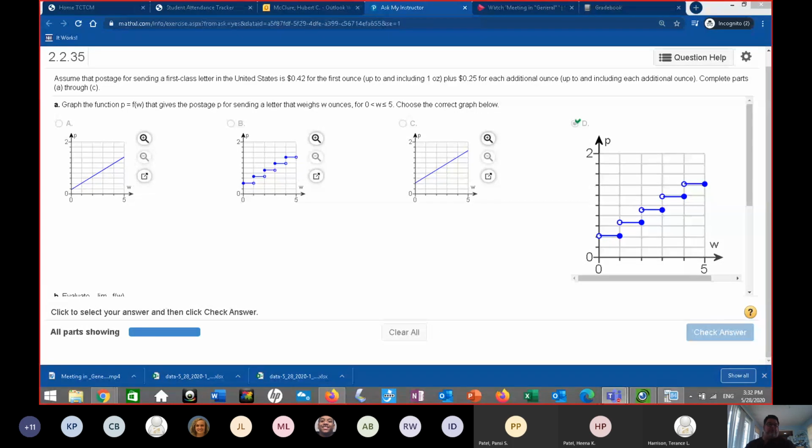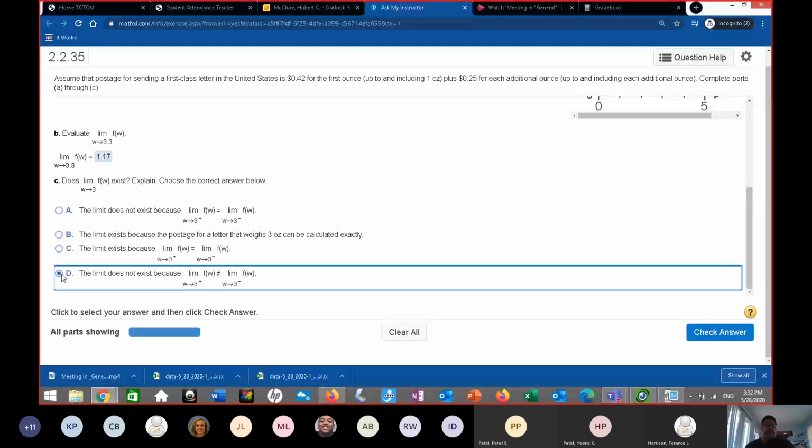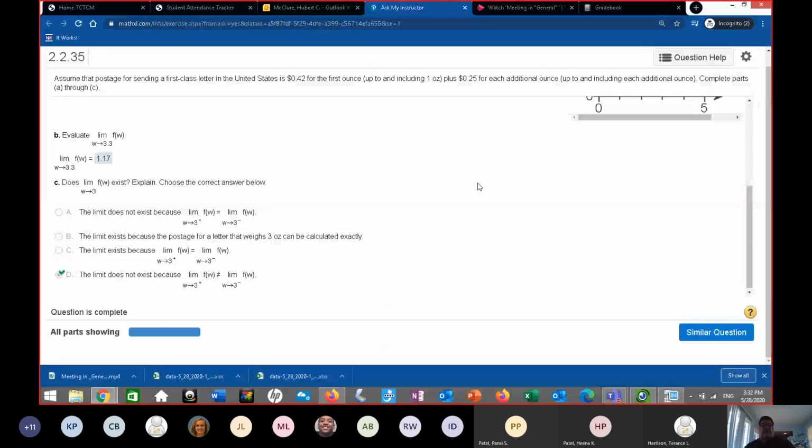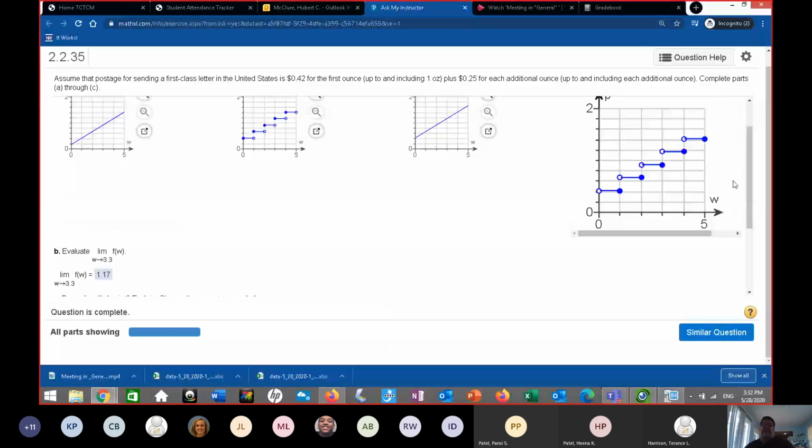So I don't know who sent that question, but I hope that helps. Probably D is in delta because they don't equal. So I like this question as a test question. I just don't like the middle part because I don't think that's $1.17. Now, y'all may think I'm crazy, but I think $1.17 will be a little bit right in there. But that's just me.